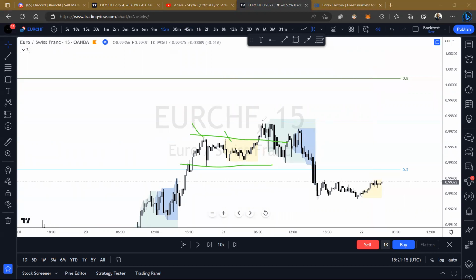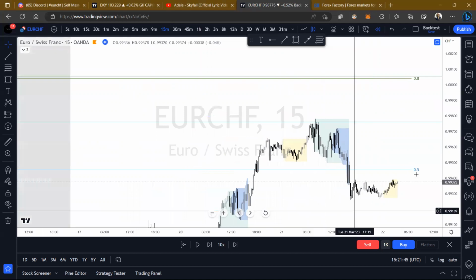We got a 1, 2, 3, and then there's the fourth drive up in here. We did get a break, right? But I wanted this break in terms of the Asian liquidity being taken. So I got that, and when price came up, it didn't come far enough for me. I had all my alerts, and I was watching 1, 2, 3. We did get a break, but price never came back up. So now for me, I'm still looking at this as the whole thing. And eventually, when price did come up,